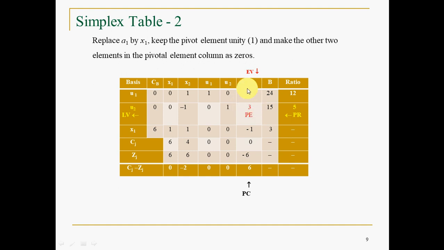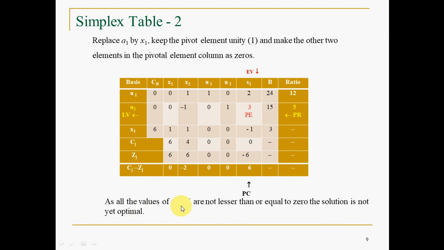Always you have to operate the row where you have to get 0 with the pivotal row. Please remember, do not operate this and this. So this and this you have to operate to nullify this, and to nullify this. For that, you have to convert P as 1 first. Fine. Now, what is your observation?